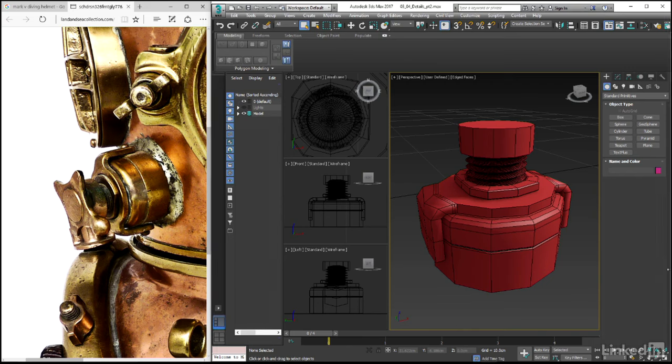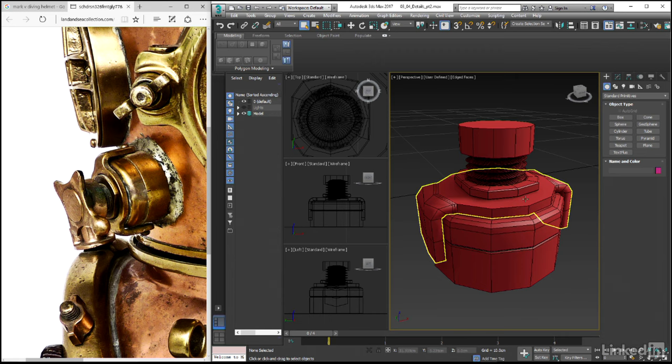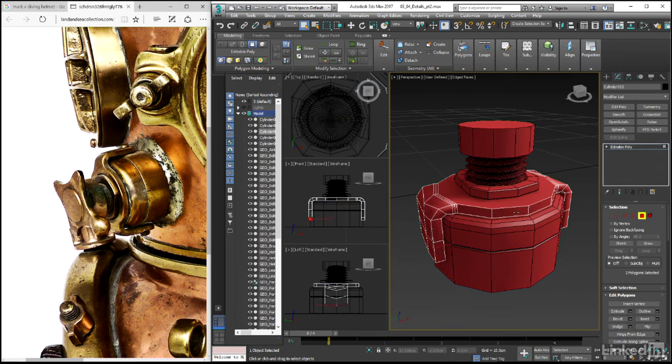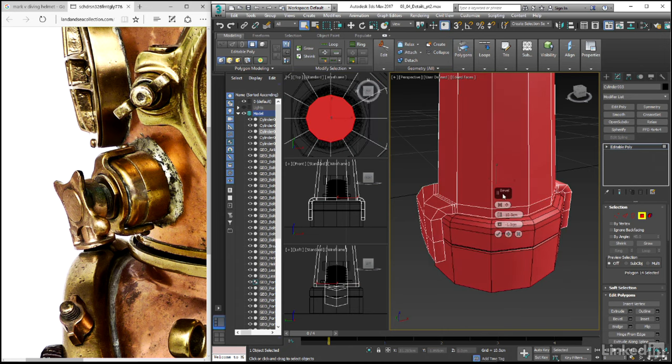Continuing from where we left off in the previous exercise, let's carry on adding detail to our primitives here by first of all adding the holes that we need in our extruded pieces. Coming over to the Modify panel then, let's jump into Polygon Subobject mode and select just the very top polygon here. In the Ribbons Polygon panel, let's Shift-click on our Bevel tool and make sure that we are set to